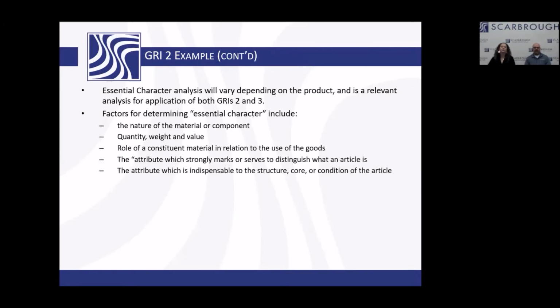Essential character is really an analysis that you hear Allison say often. I know I say it often. I send it in emails to folks all the time: what is the essential character of this item, especially if the item is a mixture of 2 goods and or 2 chemicals, those kinds of things. I ask that question. And the definition or some factors that we put to create a definition of that is